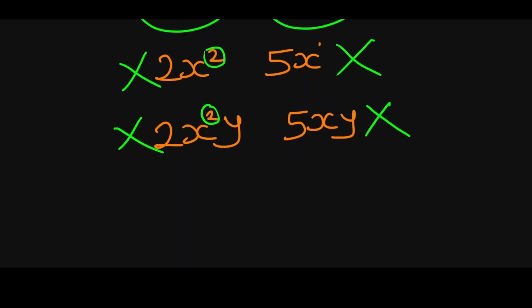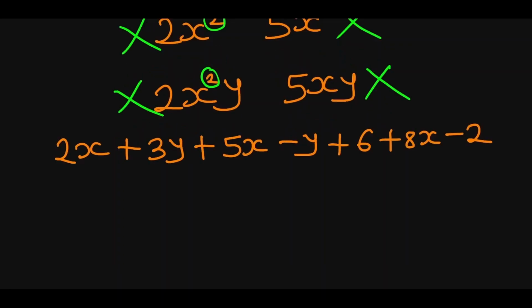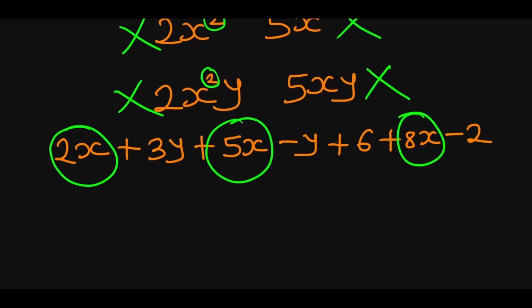With this recap, we can now collect like terms, which is simply putting together those terms that are alike. That is, those like terms side by side as if they are neighbors, so that your simplification process will be much easier. You see this algebraic expression on your screen. Before you go ahead and simplify it, you have to pull together this 2x, this 5x, this 8x. You have to find a way of bringing them together and combining them. Same with this 3y and this y. Have to find a way of bringing them together and then putting all the other numbers together in order to simplify it. This process is what we call collecting like terms.